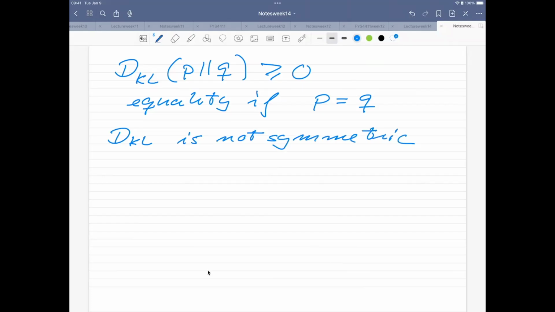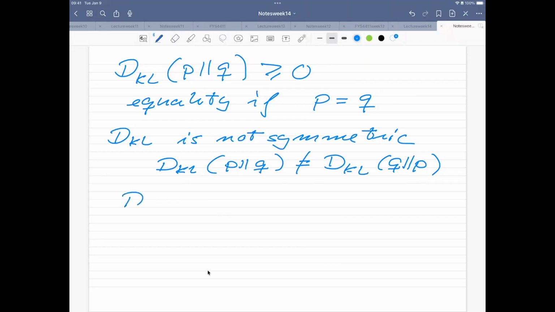And so that means that the KL divergence of P and Q is not the same as the KL divergence of Q and P. And in the examples which I have online in the Jupyter notebook, you will actually see that when you play around with it. Then the other thing is that the KL divergence, if you want to put some words to it, what it does, it penalizes, and you will see that now,